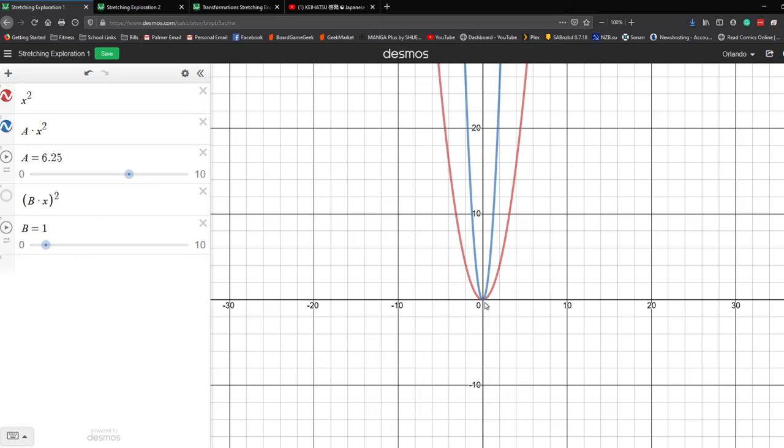Notice how the vertex isn't moving. So it's not that it's shifting up and it's making it look skinnier, it's that it's stretching. So all of the y values are stretching more and more. So the more I make a larger than 1, the more it's going to stretch. Now, if I go back to 1 for a second,